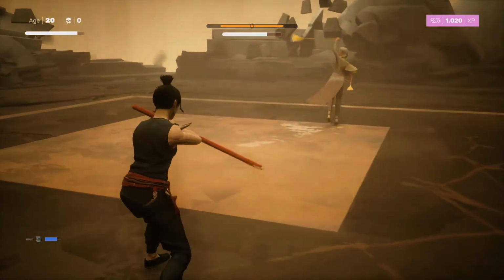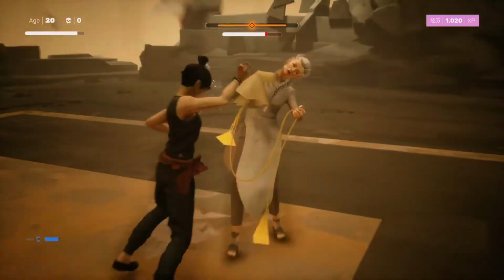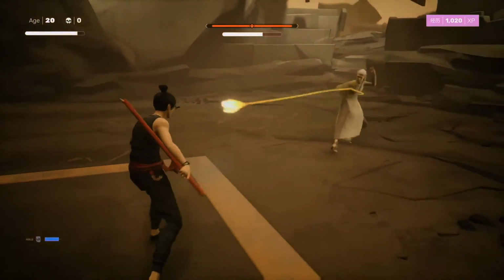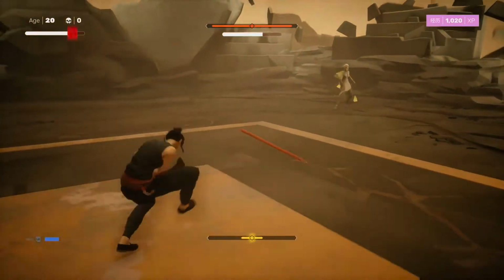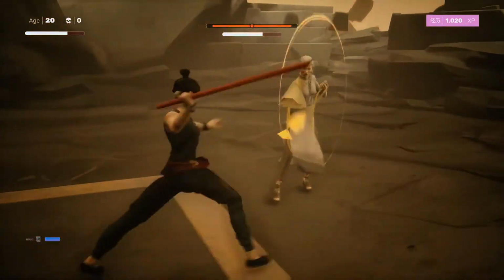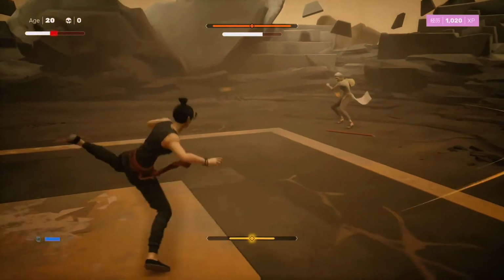So this is her 3-phase combo, punch, punch, sweep. So I just anticipate that sweep at the end and then go up to her. I've still got my staff. I'm just prioritizing light combos. And you'll see on some of these blocks that I've done,